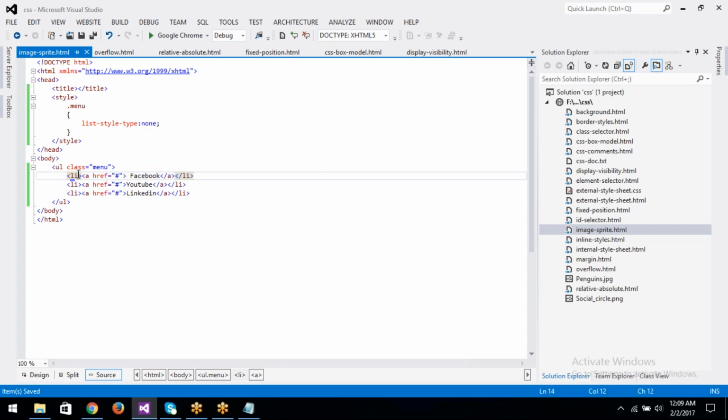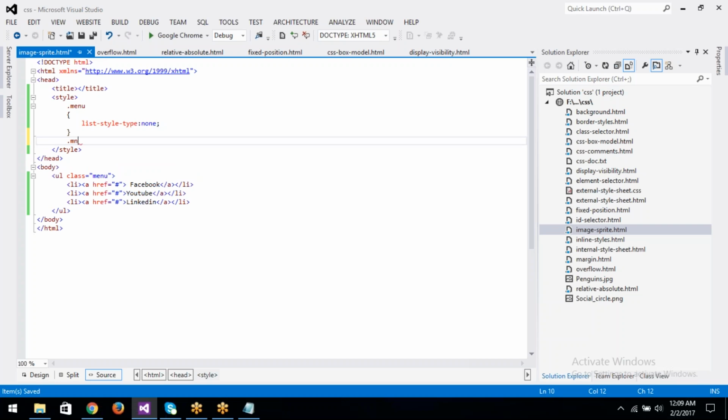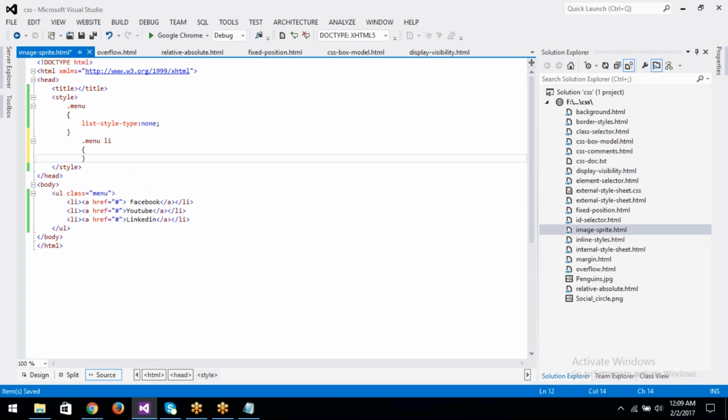In another list, in li tags, anchor tags are there. Now create one more class. For the class we can use the dot symbol, menu li. The meaning is, we have the menu class for the ul, and in the menu class the li tag is there. In the menu class we have li tags. For li tags,